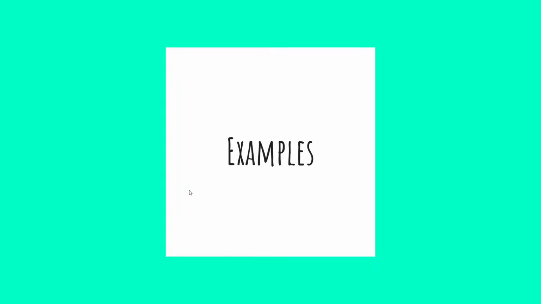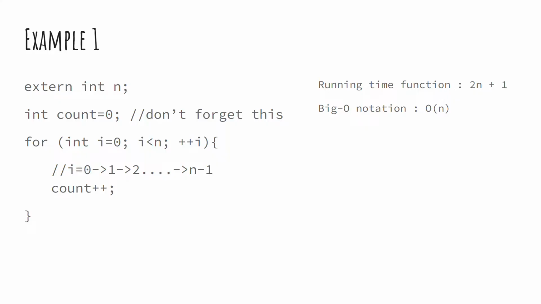Okay, so for now let us jump right back into examples. Our first example is a for loop. We declare count to be 0, and then we have a for loop which goes from 0, 1, 2 all the way up to n minus 1, and we increment count in every iteration. So the running time function in this case comes out to be 2n plus 1, because